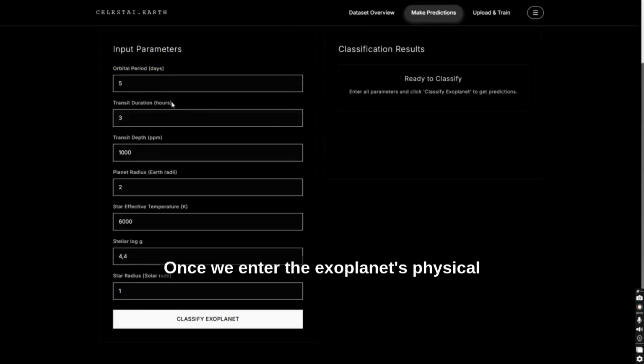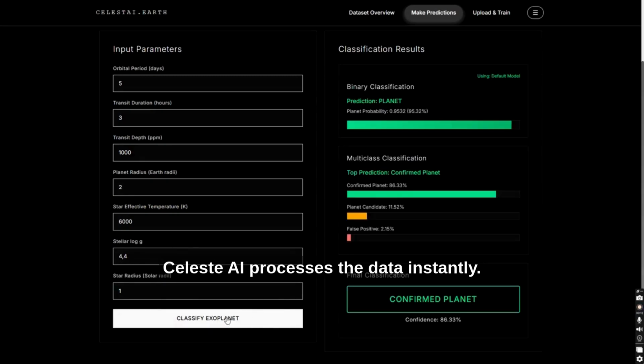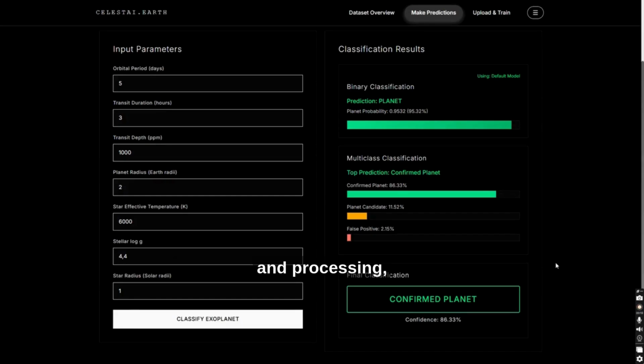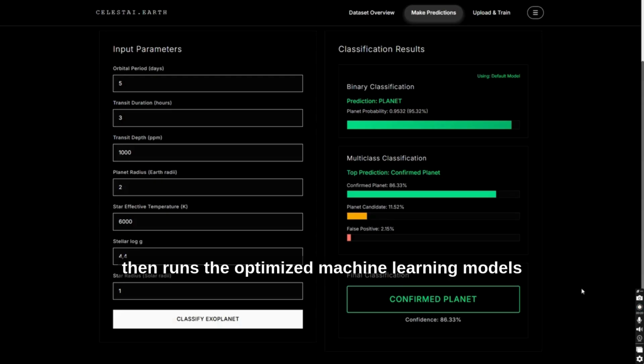Once we enter the exoplanet's physical parameters like orbital period, transit duration, transit depth, planet radius, stellar temperature, and radius, Celest AI processes the data instantly. Behind the scenes, it applies all its feature engineering and processing, then runs the optimized machine learning models to classify